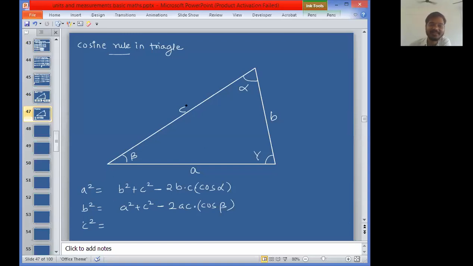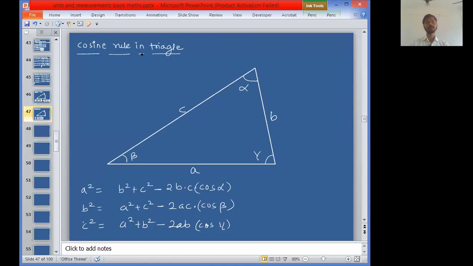Fine. C square equals, chalo everyone, verify now. C square equals a square plus b square, the remaining two sides' squares, minus 2ab into cos of the angle between them. So cos gamma. See children, did it match or not? Let me know in the chat box, clear and written, so that we can move on to the next page. Your answer must match; if not, change it and then reply CW. Very good, now you are getting it, that's a good thing.